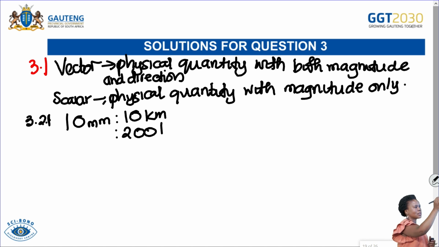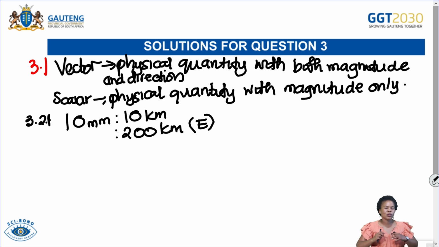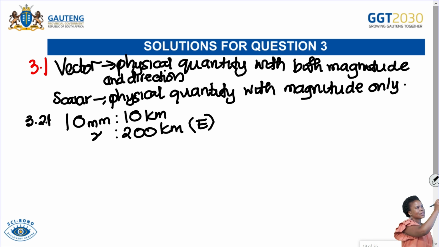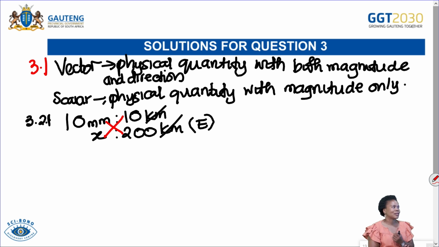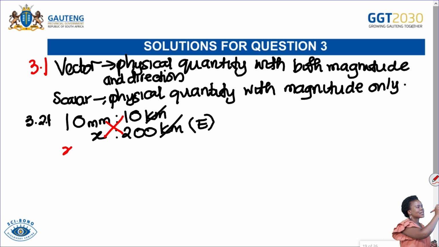I'm going to say east so that we don't forget. What are we looking for? We are looking for the length that we should be drawing on a piece of paper. So we're representing it by x in this case, and then kilometers will cancel kilometers, and then we put a nice axis so that we remind ourselves that we are cross multiplying, and then 10x is equal to 10 times the 200, which is going to give us 2,000